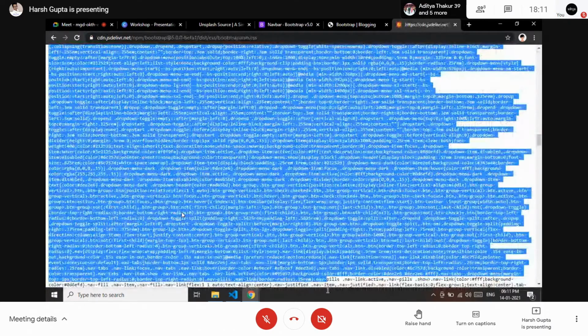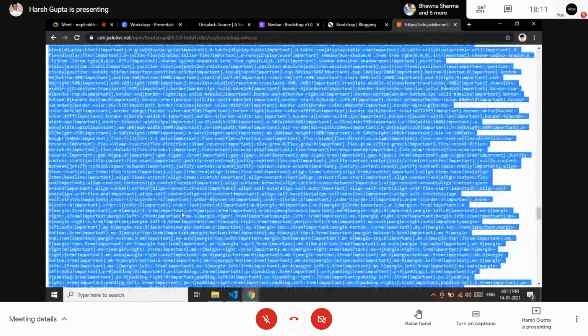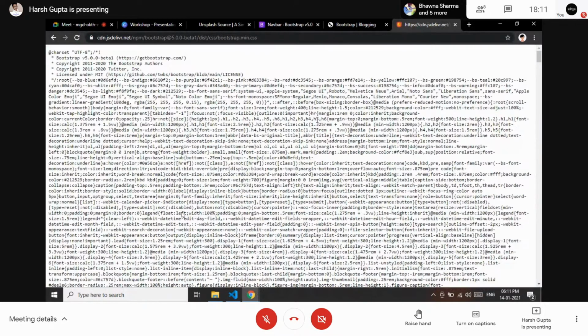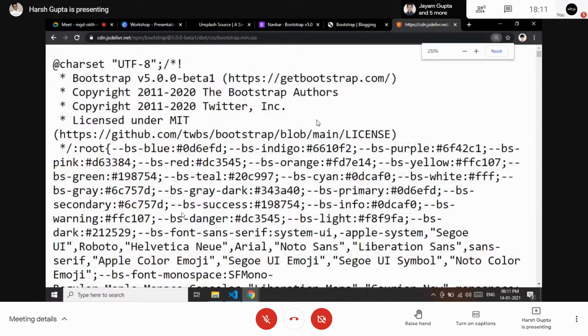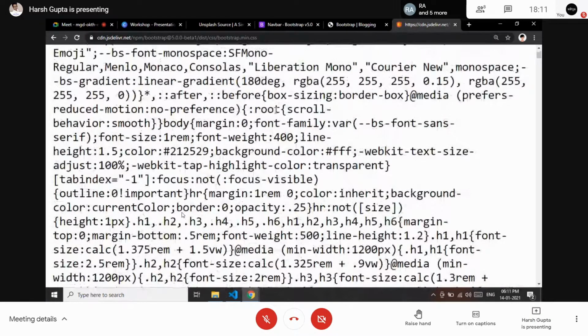This is the whole source code of Bootstrap in CSS. What we are doing is calling it from our website so that we can use it. If I zoom in a little more, you can see a hash code calling this orange color, and the box sizing and media queries for responsiveness. It is all about that.